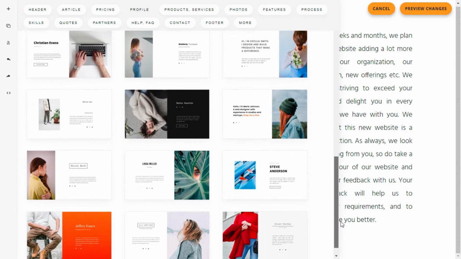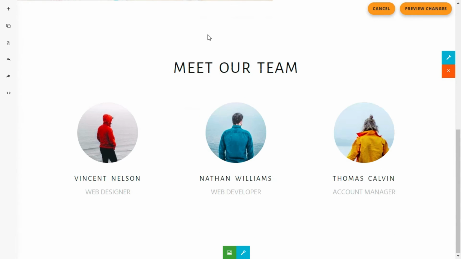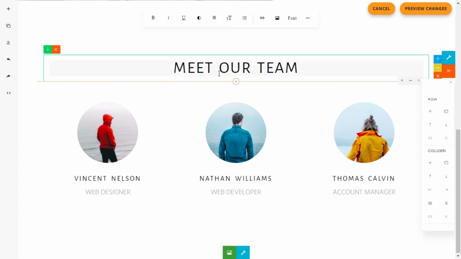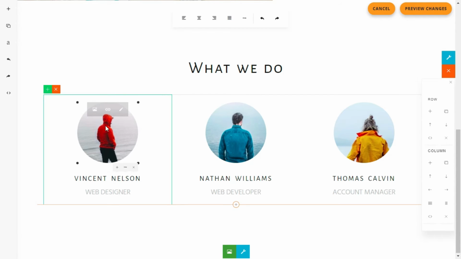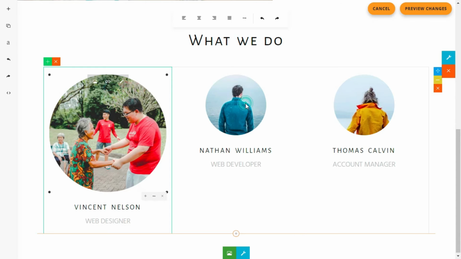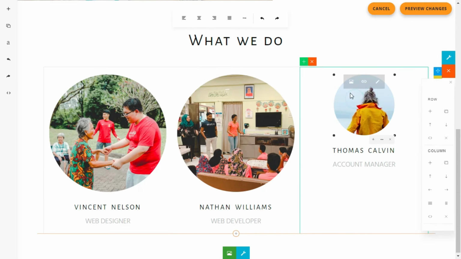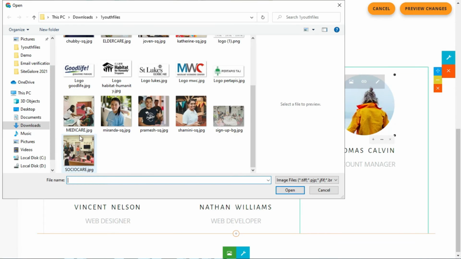There are so many different options. This makes it possible for us to pick exactly the one that we want with round images in them. Now all we have to do is change the text and images. We will change the heading. Let's replace the image and put the relevant text in it. You will notice that the images that we are using are normal rectangular images, but they automatically appear round and beautiful exactly how we wanted it to be.